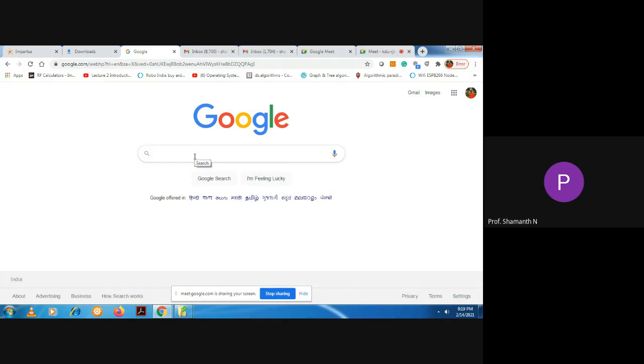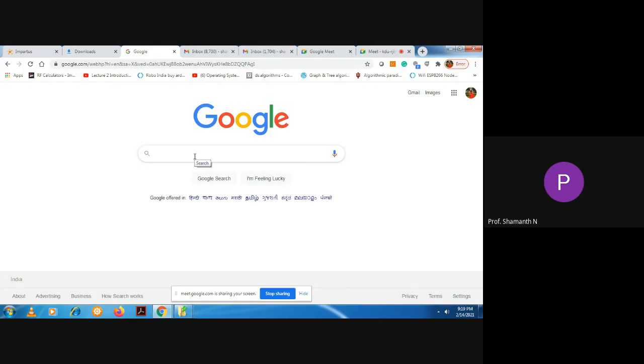So let's have a look at how actually this Tinkercad works. So in today's tutorial, I will be discussing two examples. In one example, I will tell how to implement a LED blinking, and in the second example, I will be telling to implement a traffic light controller using this Tinkercad simulator. So let us start with Tinkercad.